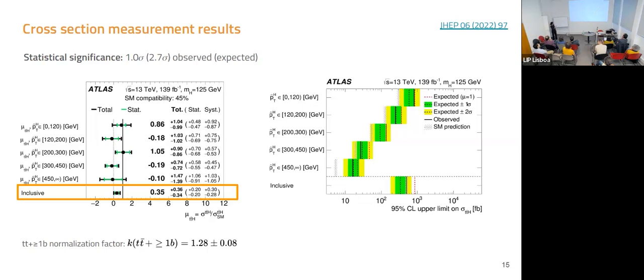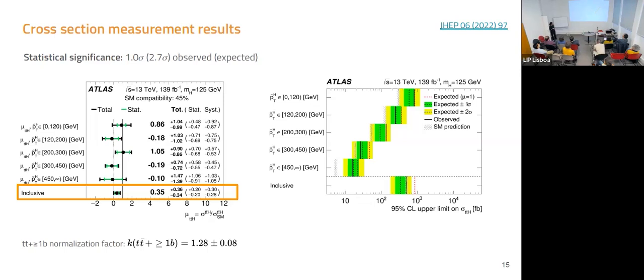And then we also do the actual STXS measurement, in which we measure one value of the signal strength in each bin of the Higgs PT. But this is measured from a single fit, right? So there's a single fit with 5 free parameters, one for each Higgs PT bin. And here you can see that in some bins, of course, there's a downward fluctuation with respect to the standard model prediction. Nonetheless, the precision that we have in most bins is fairly good,